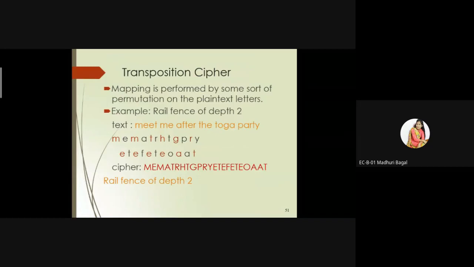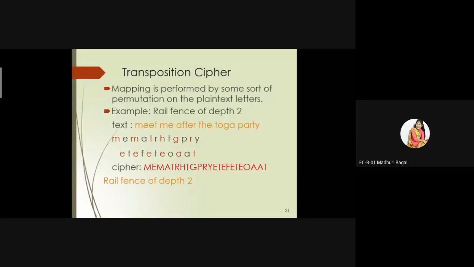Okay, if not, we'll continue with our second technique, called the transposition cipher. First we need to understand the basic difference between the substitution technique and the transposition technique. In a substitution technique, we replace the characters or the numbers. But in a transposition cipher, we transfer the keywords or the message. Now how do we transfer the message, and what is the need of this transposition cipher?